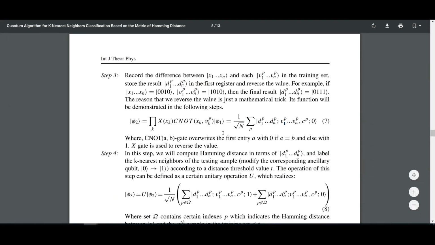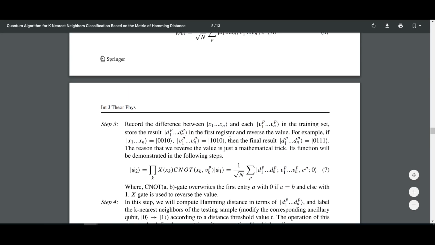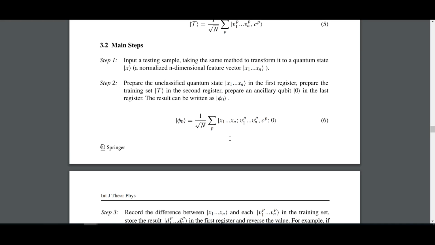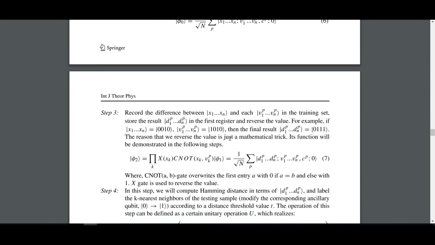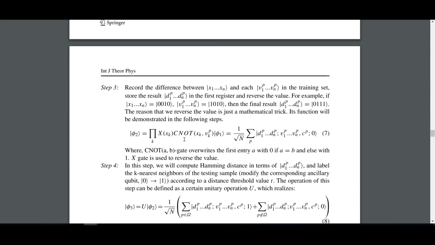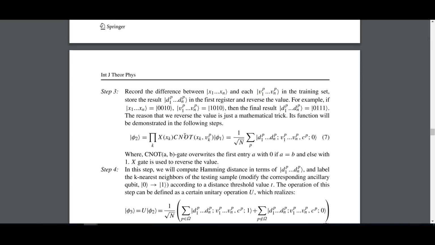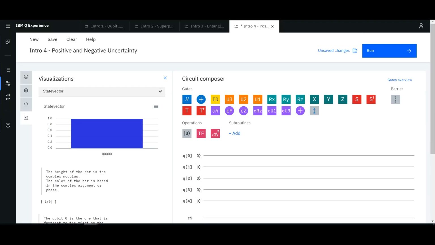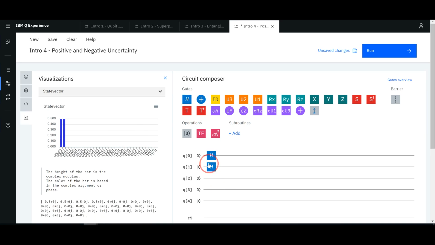So let's see what happens. I'll try to build that step 3. Until here I understand that. What they say here is apply a C naught, a C naught X, to what I understand are the things in the superposition. First I'll do it naively. Here we've got our superposition 0 0, 0 1, 1 0, 1 1. And here the qubits 0 and 1 are